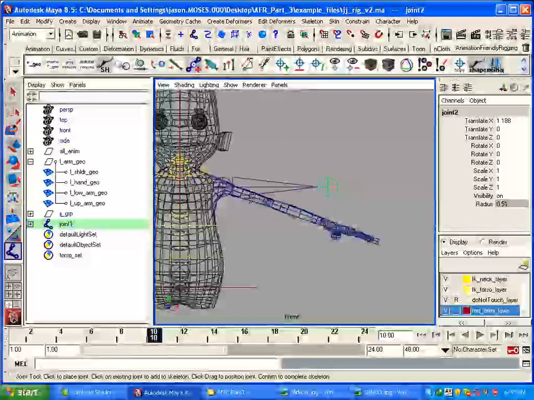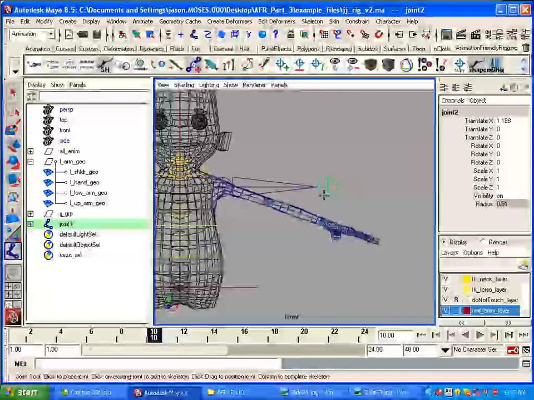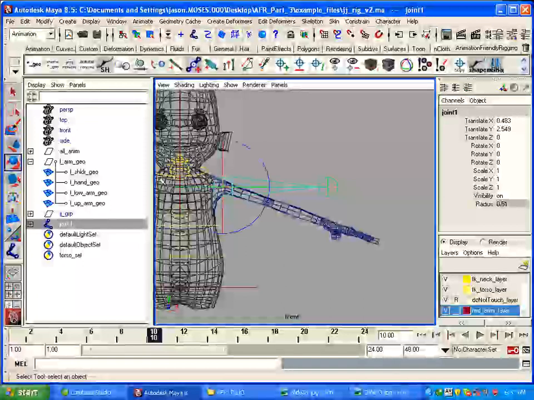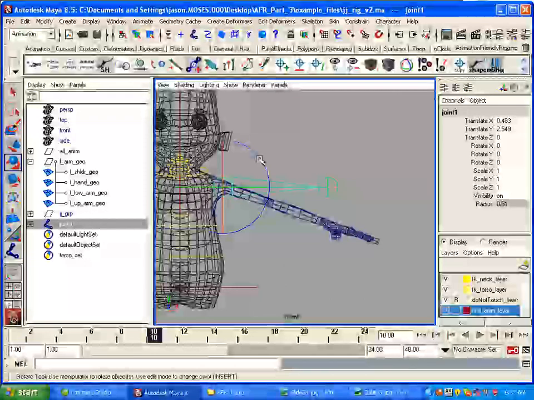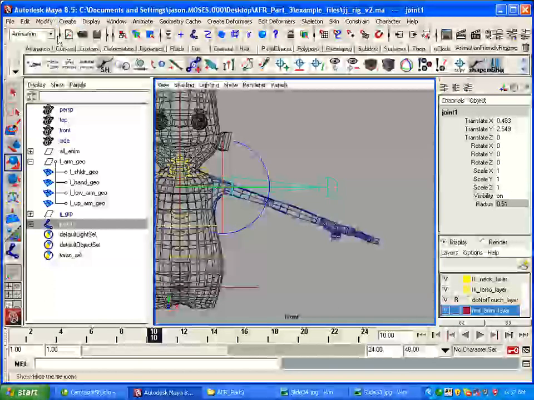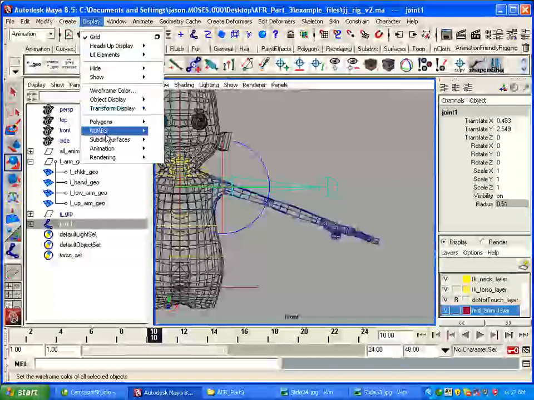And that way I know that it's absolutely horizontal, and whenever the animator resets it to 0, it's going to be flat. Flat, flat, flat. That's what I want, either flat or straight up and down. None of these angles. None of that stuff. Alright, let's change the display here